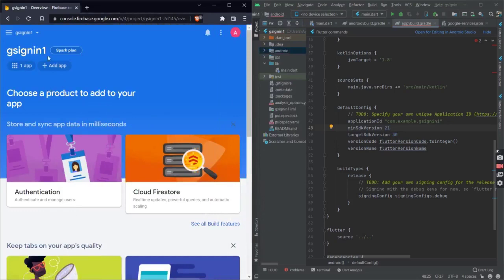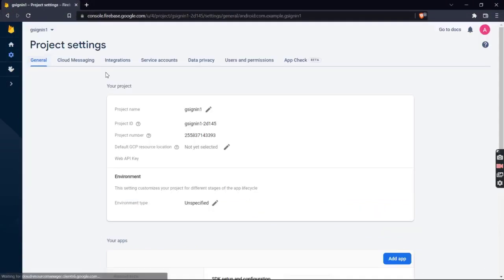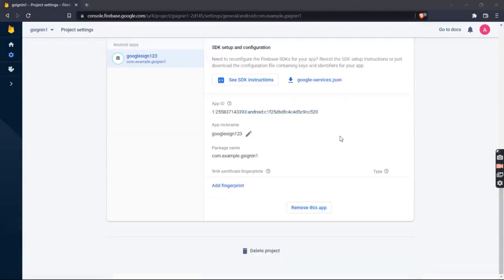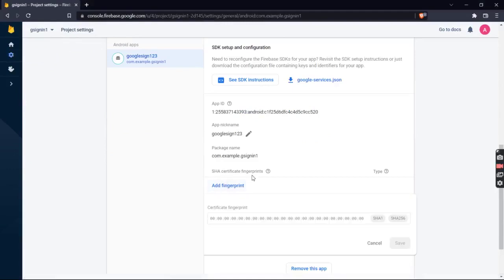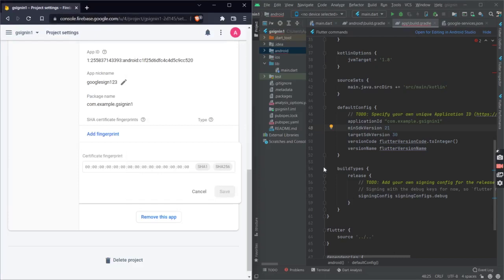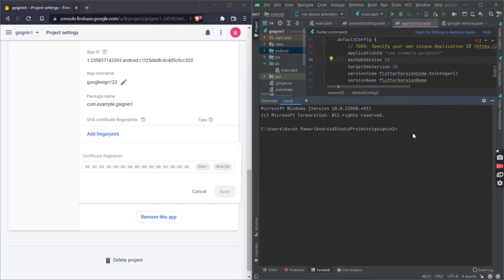We have successfully added our app, but there are a few things that we need to do before we can start implementing Google Sign-in. What we need to do is add a SHA-1 key and a SHA-256 key in our project. So how do we do that? It's very simple. You go to the settings gear, into the project settings, then you tap on add a fingerprint. Then to get the fingerprint, let me once again split the screen. So for that, we'll open the terminal in our Android Studio, and currently we are in our root directory.